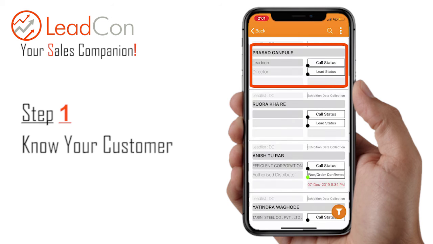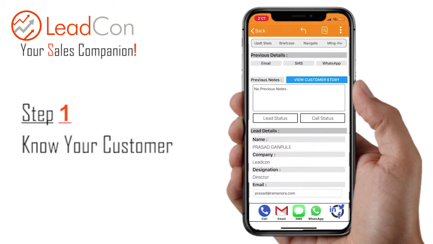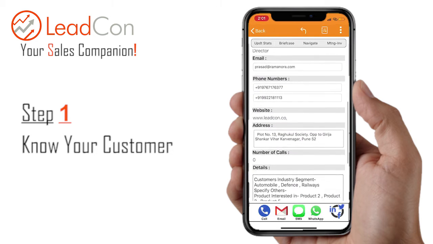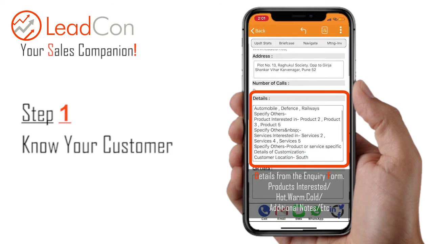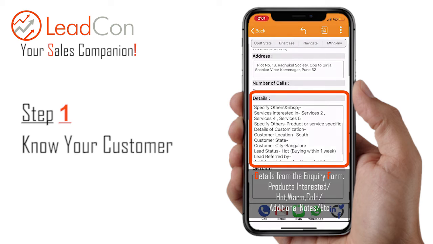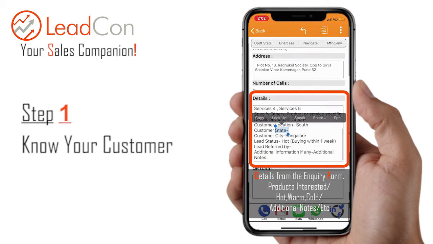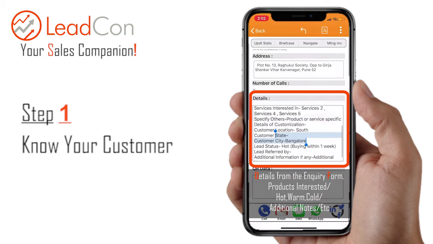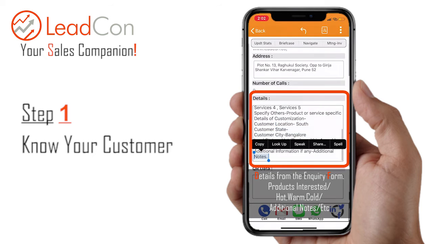You can know the details of the lead that we have just recently captured under the lead section, where you can see the personal details as well as the details of the inquiry form. You no more have to check any Excel sheet or a CRM, but all the details of the lead right from its inquiry to what it needs, everything is in your hands.